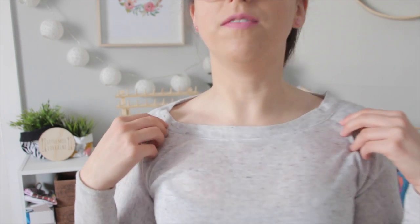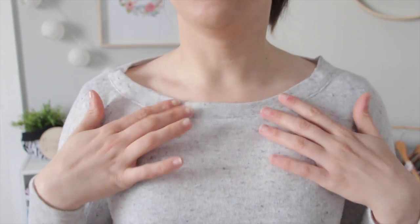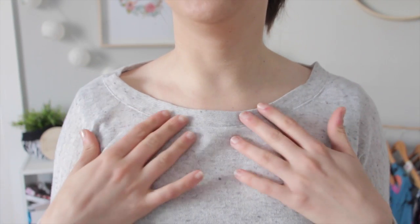The neck, oh my gosh, I was so happy with the neck. It's probably the best knitted neck that I've ever done. By knitted I mean knit fabric. So it sits perfectly. I was a bit worried about this material because it is so thin, so I didn't